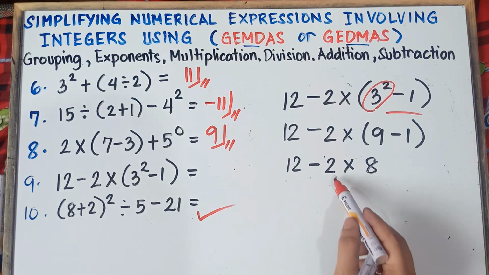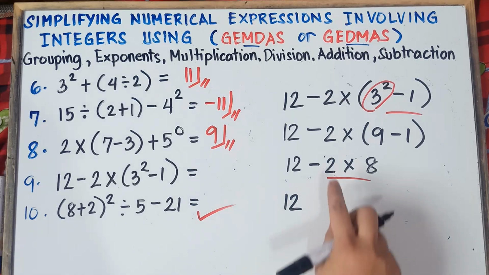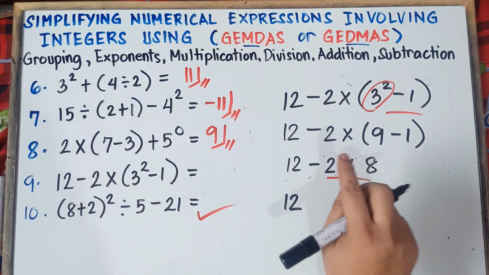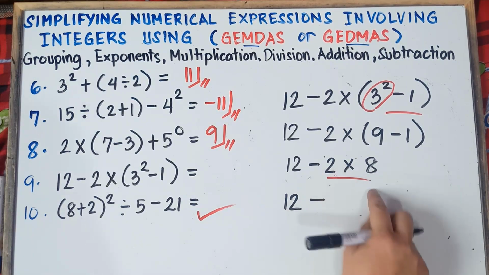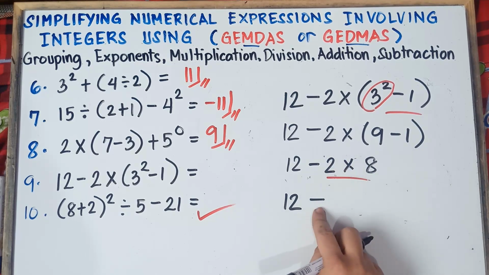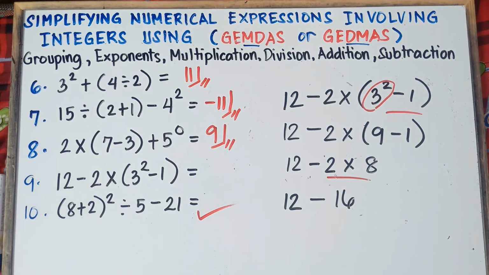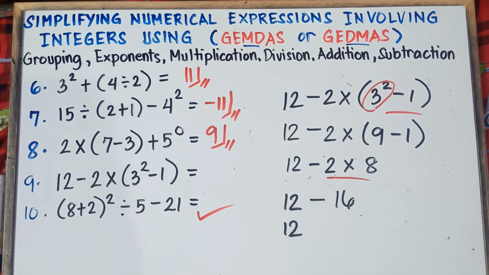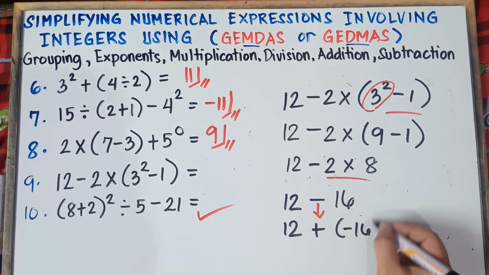Alright, and then multiplication comes first. So copy 12. Negative 2 times 8. Once again, negative times positive, the answer is negative. Unlike signs, class, once again, unlike signs in multiplication, negative times positive is negative. 2 times 8, that would be 16. Alright, and then proceed to the rules in subtraction. Copy the first integer. Change the sign. This is a minus sign, it becomes a plus sign. This positive 16, it will be negative 16.